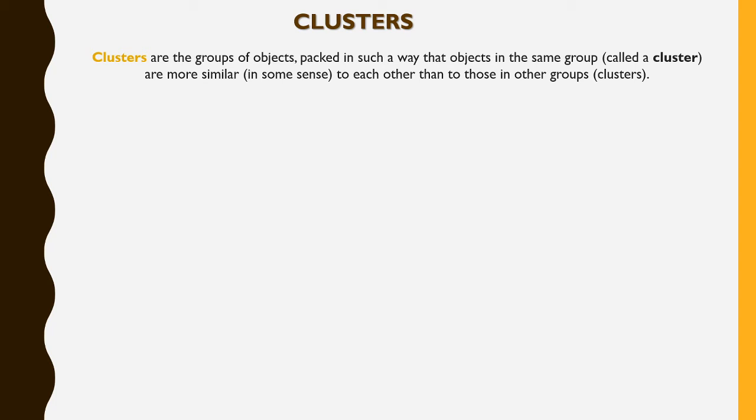and we are not aware of that data, then on the basis of its color, its shape, its geometry, we can differentiate that data. The ones with similar geometry will be kept together, or the ones of similar color will be kept together, and accordingly we'll be creating different groups. So clustering is the mechanism in which we create groups of objects packed in such a way that objects in the same group look alike, and each group differs from the others. That is basically called a cluster.